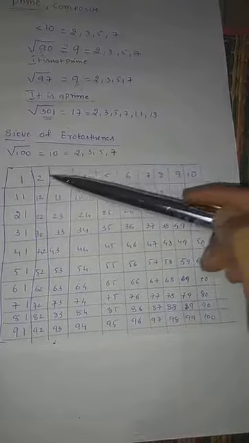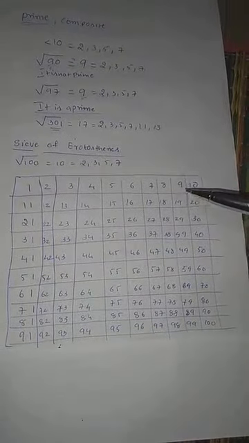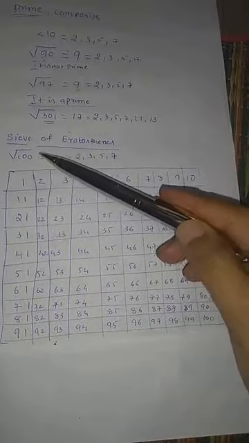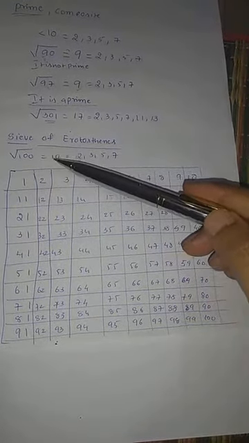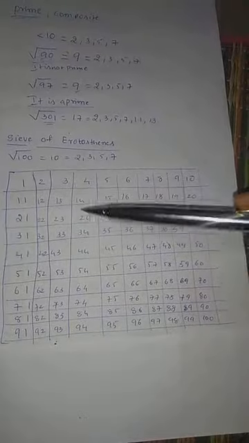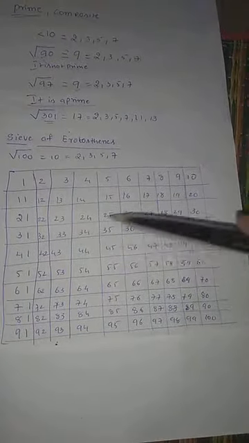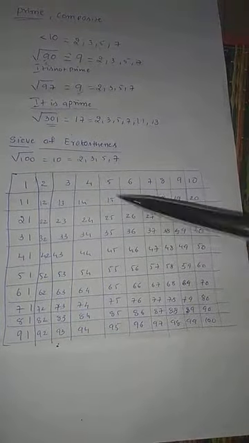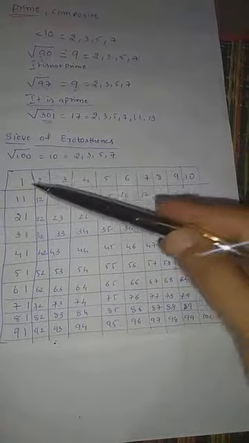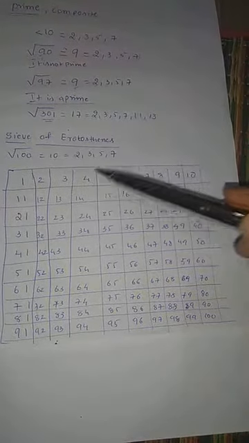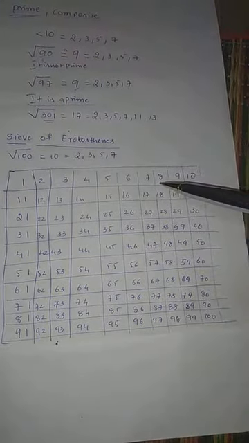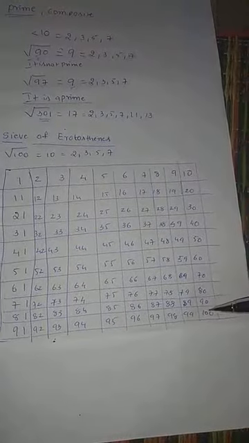Now why have I written this table? Because we must find the prime numbers which are under 100. Below 100, we need to find all the prime values by using the given table. So first you need to write all the numbers from 1 up to 100, starting from 1, 2, 3, 4, 5 and ending at 100.